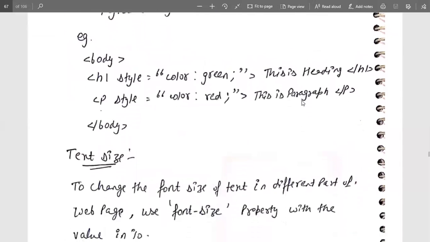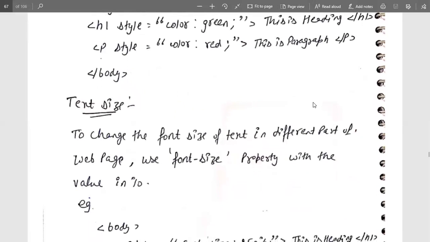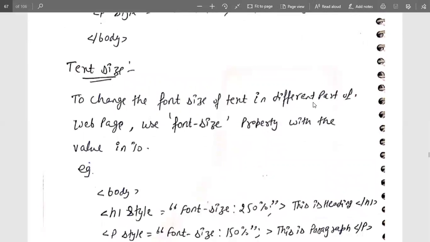One example again about that one is, whenever we are starting the body tag, we will insert with the help of a heading. The heading contains a style attribute that contains a property of color. It means the heading will be of color green. Now this particular part is the heading, so this will be reflected as a green color. Then the heading will be closed. Next a paragraph starts, and the color is reflected as red. So this paragraph will be reflected as a red color, then the paragraph will be closed over here, and after that the body tag will be closed.